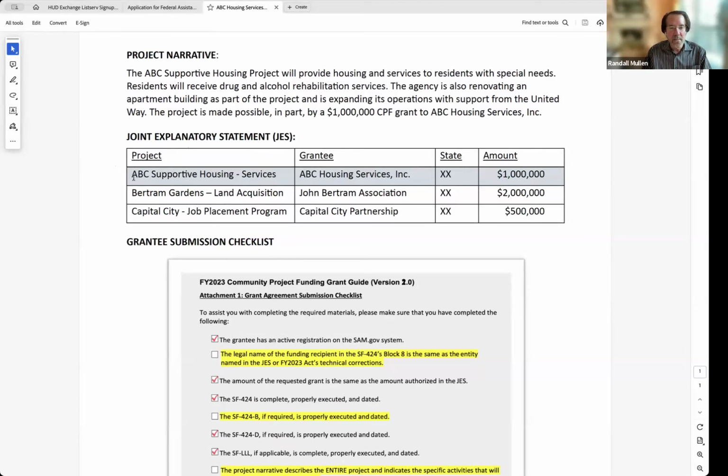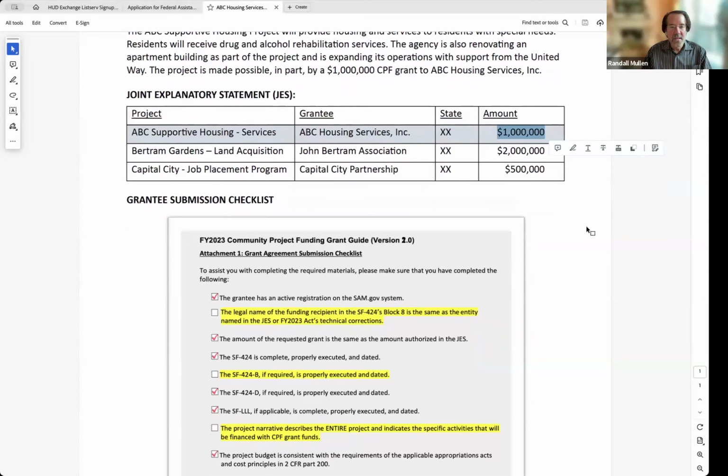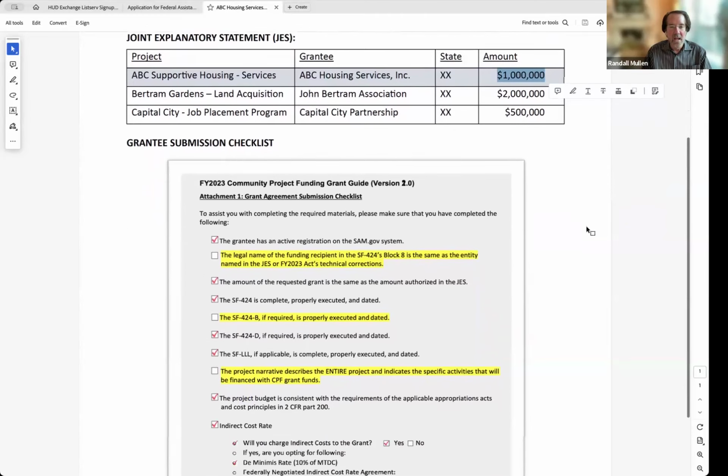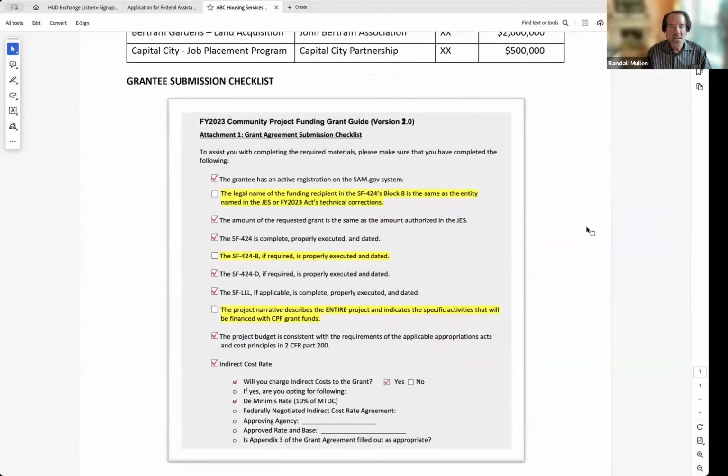And this shows you where ABC Supportive Services appears at the very top here, with their $1 million grant identified in the narrative. And the representatives from ABC Supported Housing Services have essentially assembled all the materials, and they have checked off what they know they have and therefore are ready to submit, but for the items that are highlighted. So let's take a look at those highlighted items, and then I'll scroll back up to show you the narrative.